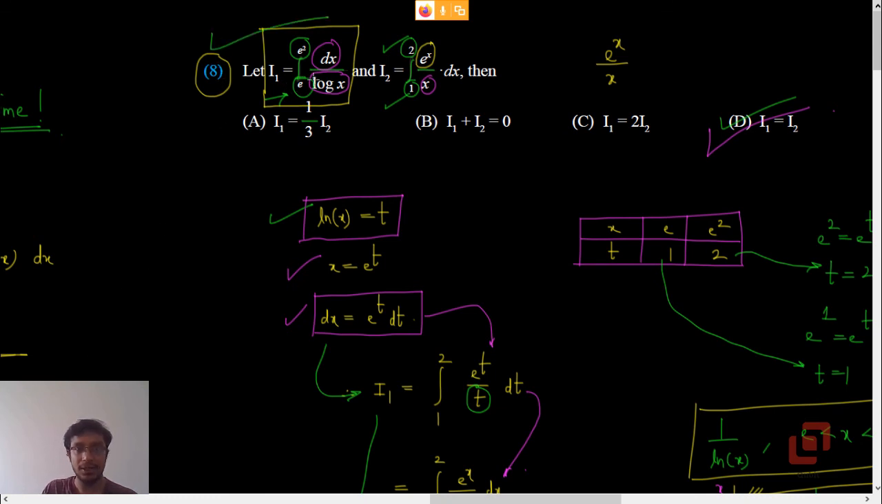The first one, 1 upon log of x. Here the limits were e and e squared. Now the reason why I told you all these things is that you should not feel that matrices is a different topic, logic is a different topic, definite integrals is a different topic. No. If you go deeper, you will find